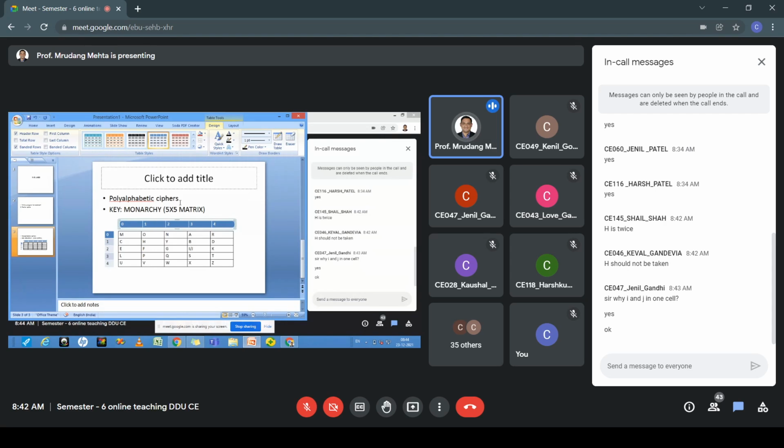What we want to find out is a location. For example, our input text, or plain text, suppose it is